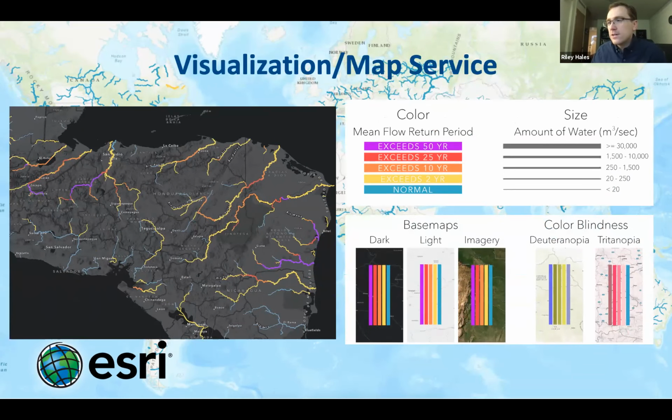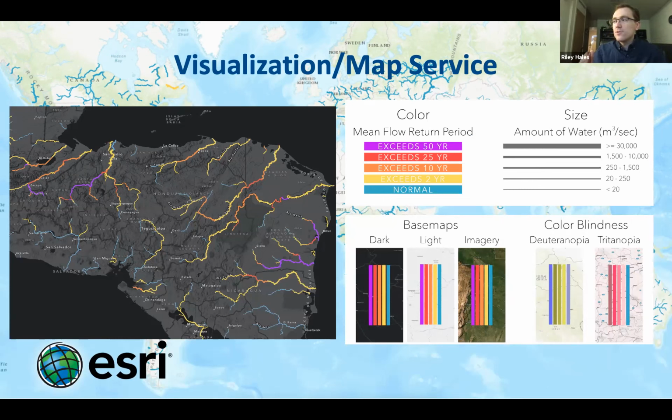On the left, here's a zoomed in view of the river network. And on the top right, there's the legend for the mapping service. On the left side of the legend, there's a color scale that indicates whether or not we forecast that river segment is going to exceed a return period, which we compute from the historical simulation data.